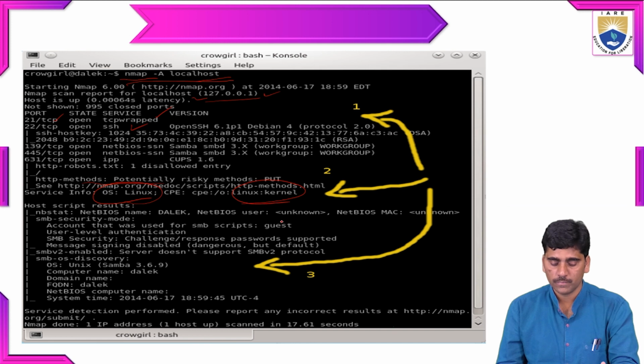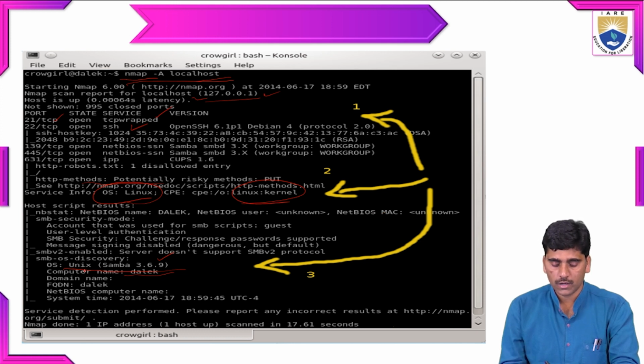And the third part is the host script results, which display information about the operating system and the server name. Here the OS is Unix, Samba 3.6.9. The computer name is